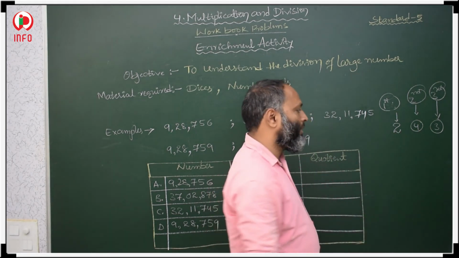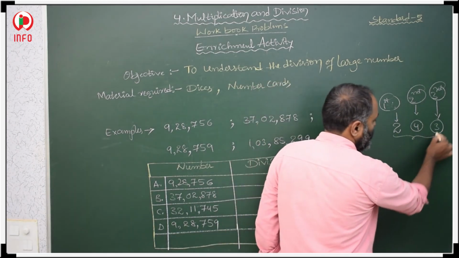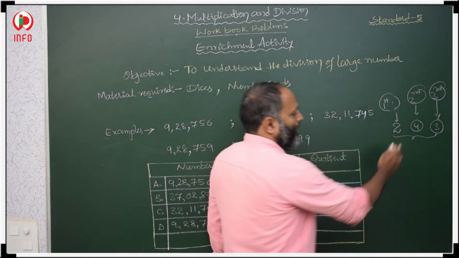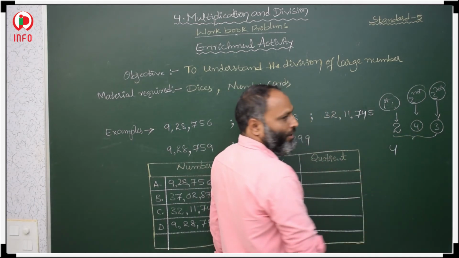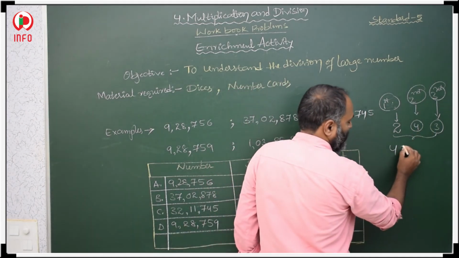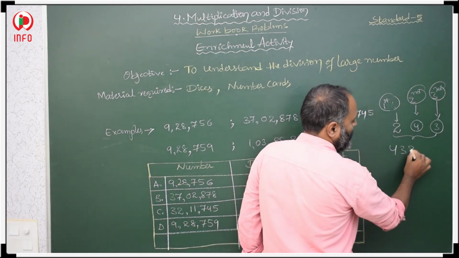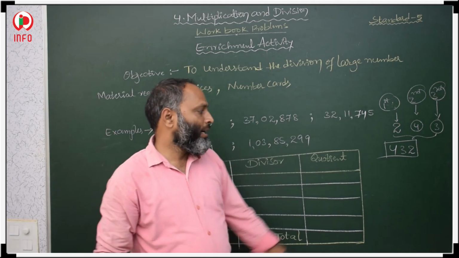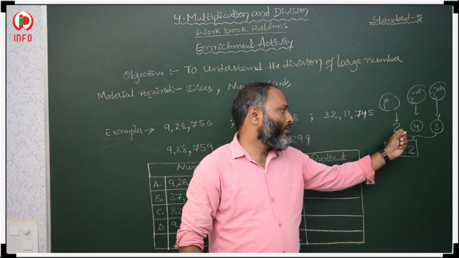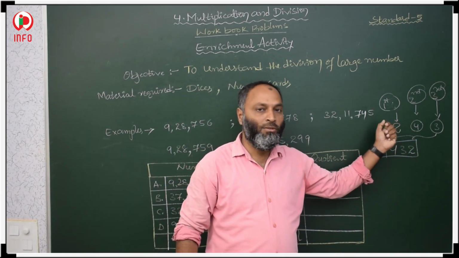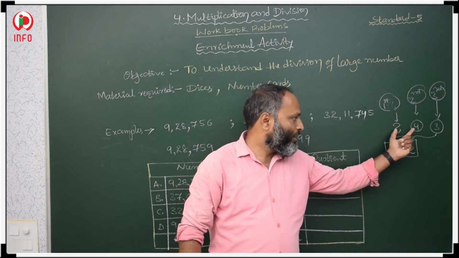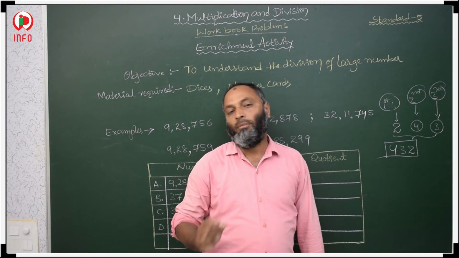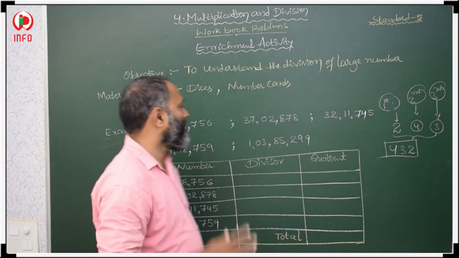We have to form the greatest number using these 3 digits first. So what is the greatest number you can form? We take the greatest digit, 4, first, then 3, and then 2, which is less than 3. So 432 is the greatest number we can form. After forming it, we have 5 number cards.